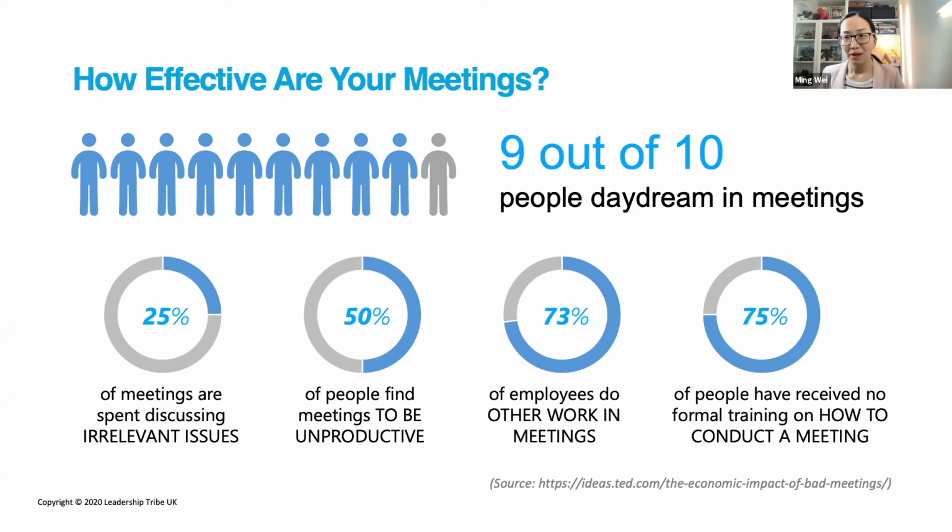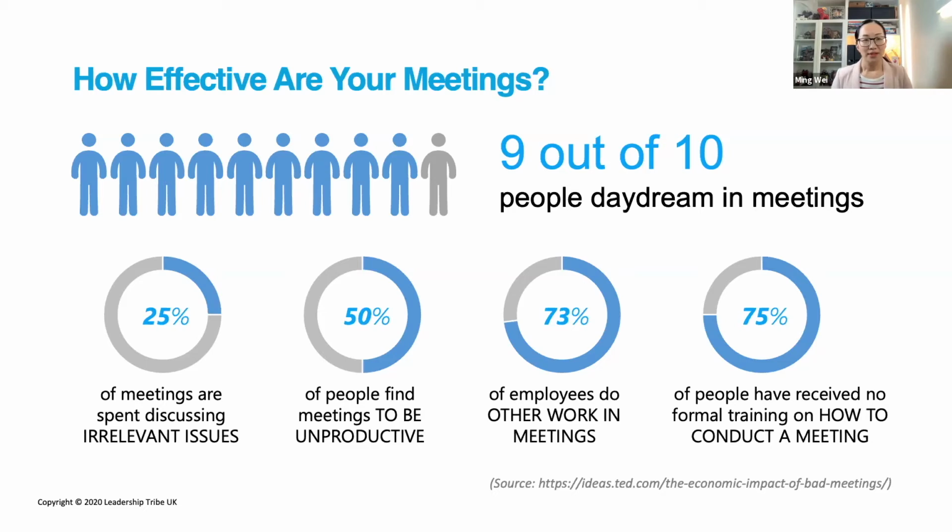When I heard about this, I couldn't believe it. First of all, I couldn't believe how time is wasted on irrelevant issues like the penguins migrating. Not that I don't care about global warming, but still, I don't think there's anything to do with a banking organization and steering committee. And another thing I was surprised about is no one, during this 20 minutes, actually told the person saying that enough, let's move on. No one did. So what happened is a group of senior executives literally sat there and listened to his story about the penguins migrating, which makes me feel, well, he must be a very good storyteller. Okay, so think about it. How many minutes of your meetings are spent on irrelevant issues?